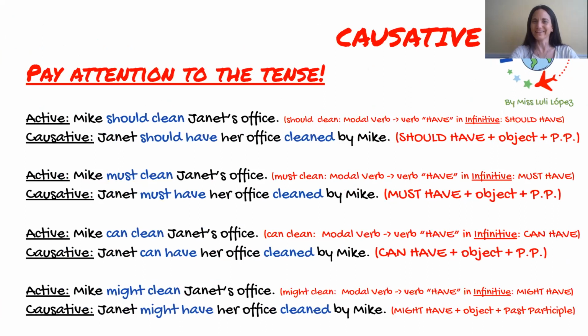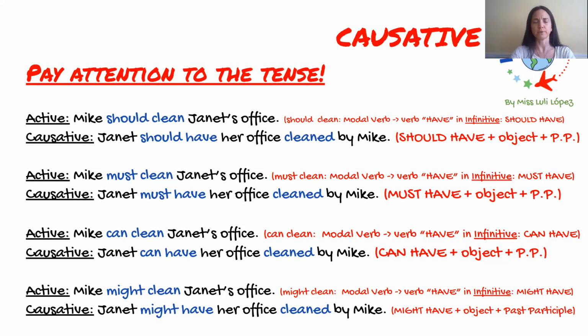Oof, a lot of people, get ready to write down. If the active is Mike should clean Jeanette's office, should clean, it's a modal verb, then the verb have in infinitive, should have. So the causative: Jeanette should have her office cleaned by Mike, should have plus the object plus